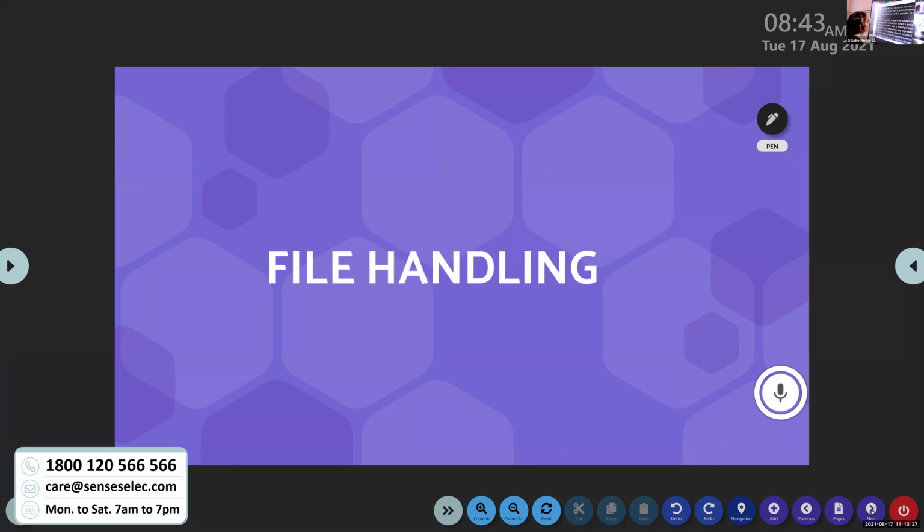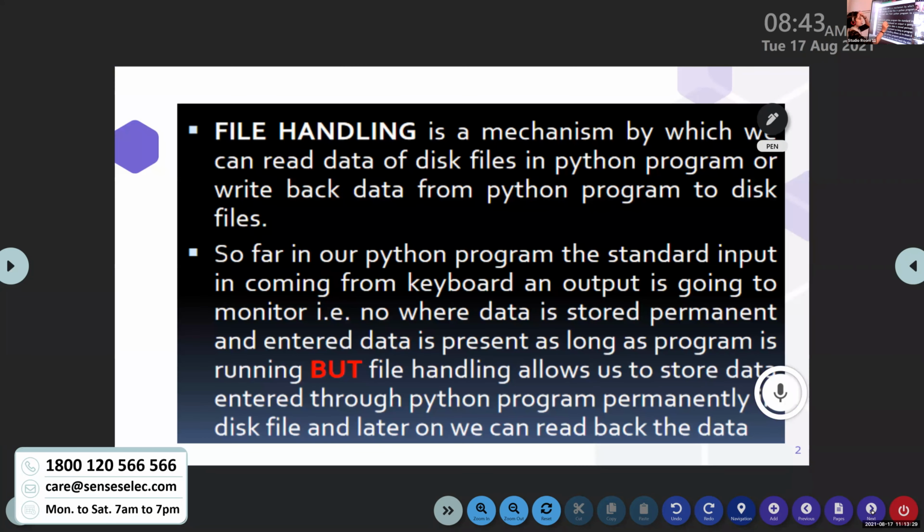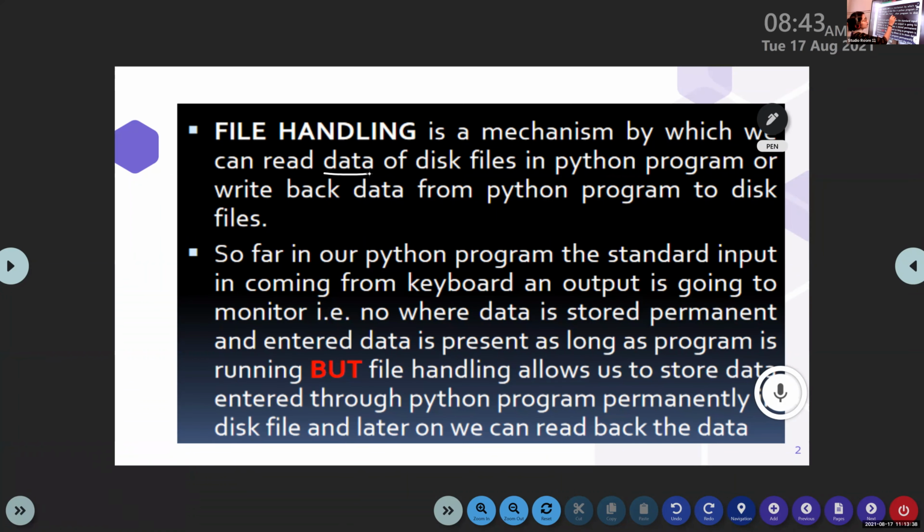So what is file handling? It is a mechanism by which we can read the data of disk files in Python programs, and store data in files using a program. Before these classes, you were dealing with many programs in Python, isn't it?